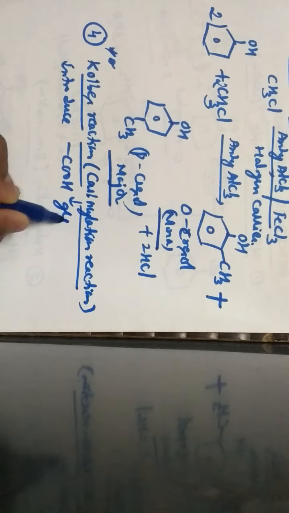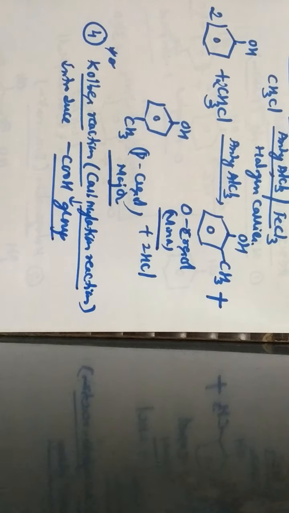After this Friedel-Crafts methylation reaction, let us discuss a very important named reaction, which is called Kolbe's reaction. This can also be called the carboxylation reaction. Both are the same. You can call it Kolbe's reaction, or you can also call it the carboxylation reaction. The reaction is called a carboxylation reaction because we introduce a COOH group during the course of the chemical reaction. Hence, the reaction itself is called a carboxylation reaction.